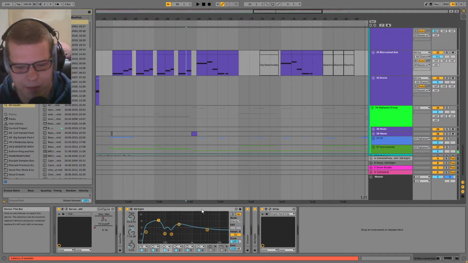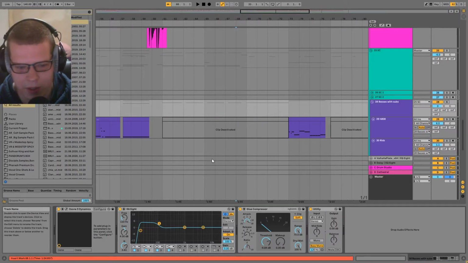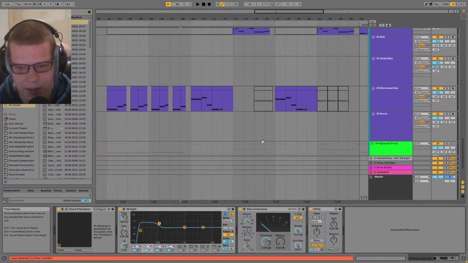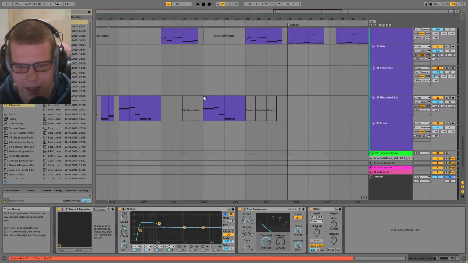I feel like instead of putting all these EQs on the basses, it might have been better to just put a Pro MB. Oh, I've got Ozone Dynamics, but I feel like that probably didn't do much in the grand scheme of things.